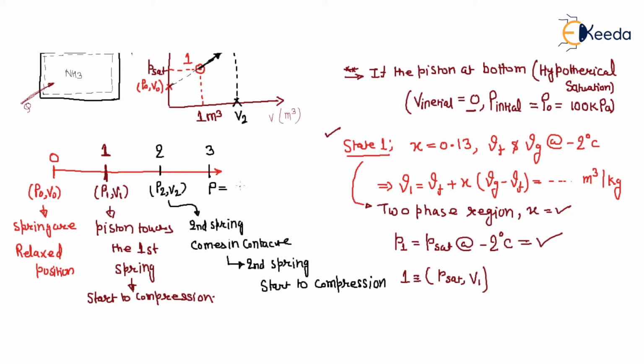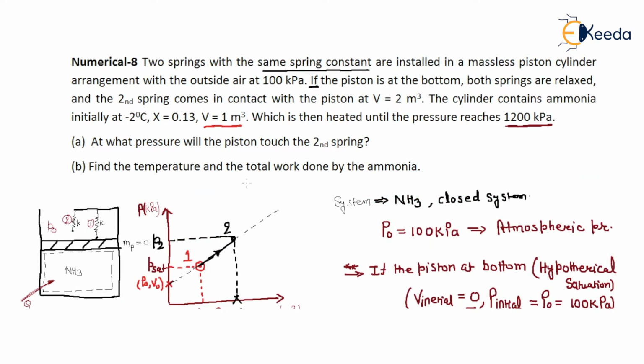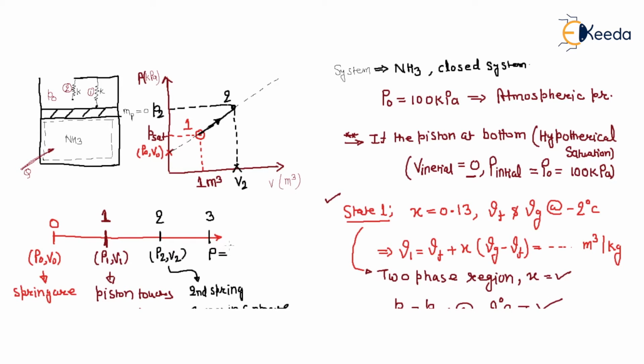The pressure is 1200 kilopascal. So maximum 1200 kilopascal. And what is the volume? Volume V3, I don't know, so it is to be found. So what is P2 and V2? You have to find. So see, very important, during this region